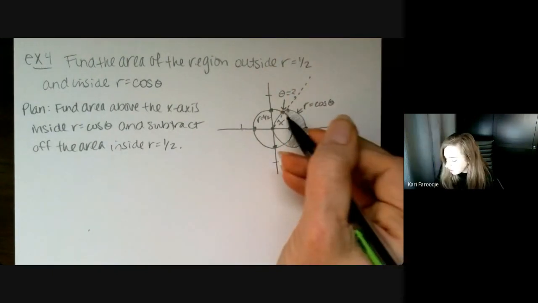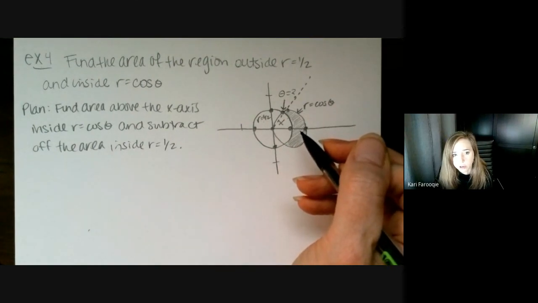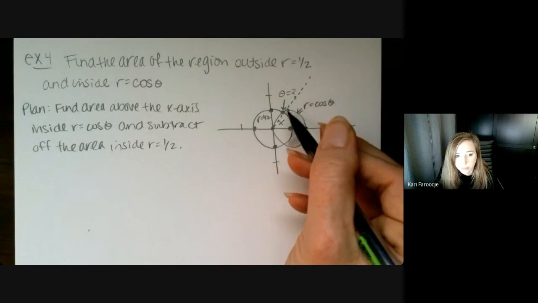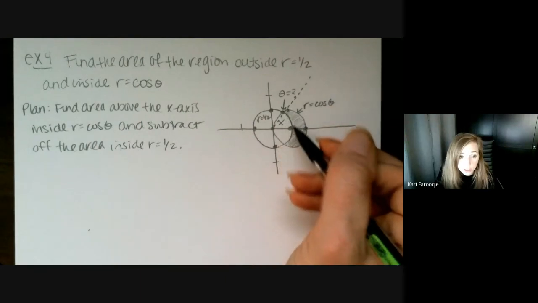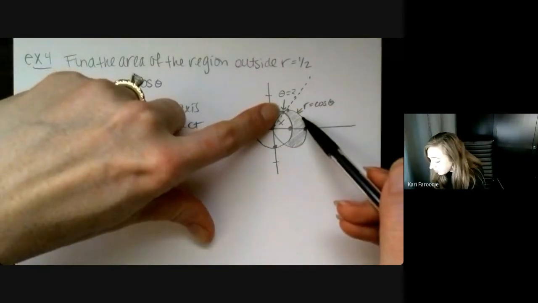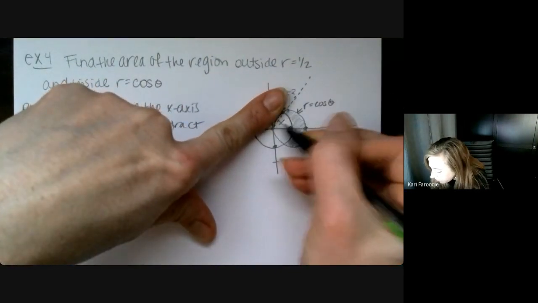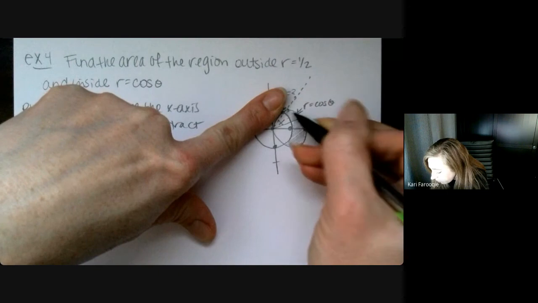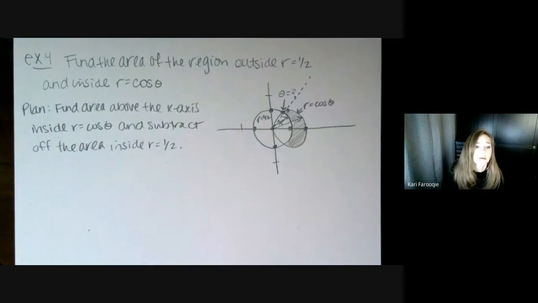As I work my way up through theta, as long as we make it all the way to this intersection point, what we're really including here is the area of this whole piece. So we need to focus on taking off that bottom part. If you're thinking about your radius, how it heads out here, we need to subtract off the piece that is inside there. So that's the plan.